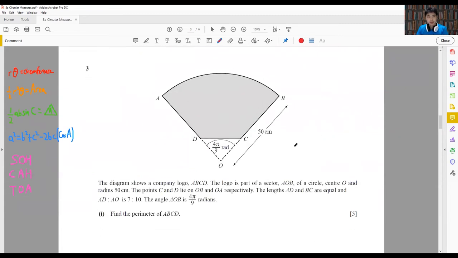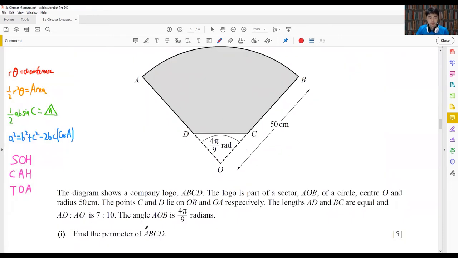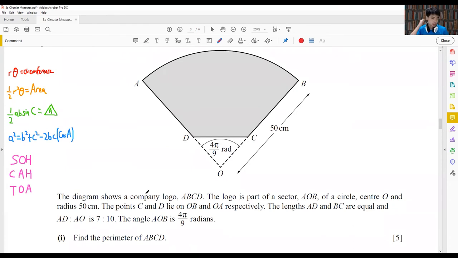All right. Moving on to the next question. Find the perimeter of ABCD. Now, let's see the question here. The diagram shows a company logo, ABCD. The logo is part of a sector, OAB, of a circle, center O, radius 50. Points C and D lie on OB and OA respectively. The length of AD and BC are equal,